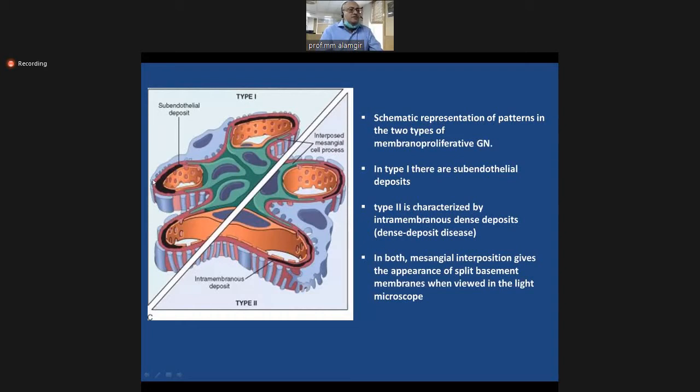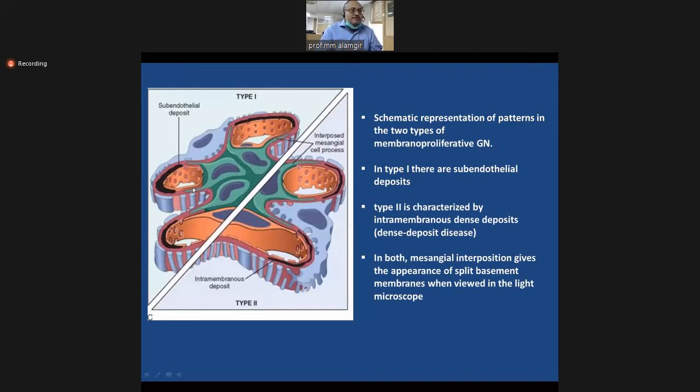While in the membranous glomerulonephritis, we had subepithelial deposits. You may recall from the previous diagram. So subepithelial deposits, membranous glomerulonephritis. Subendothelial deposits, membranoproliferative glomerulonephritis. Plus, it has another component which is called the mesangial cell proliferation. Here you can see instead of 2, they have shown 3 mesangial cells. So there is mesangial cell proliferation. The proliferation is also accompanied by activation of these cells. So these cells by themselves elaborate a constellation of cytokines, which basically promote inflammation, glomerulonephritis within the glomeruli.